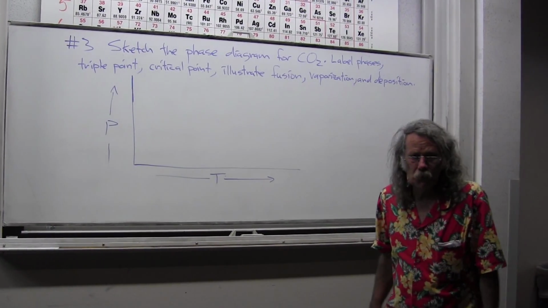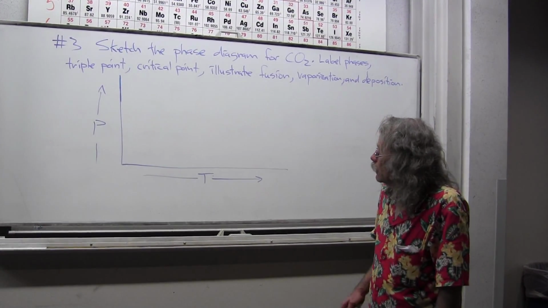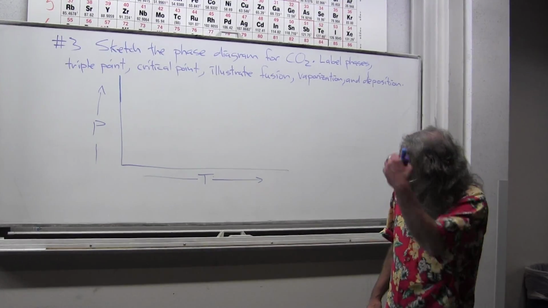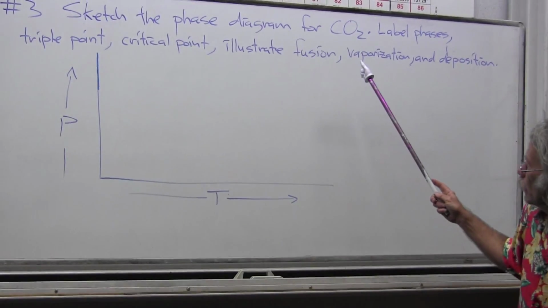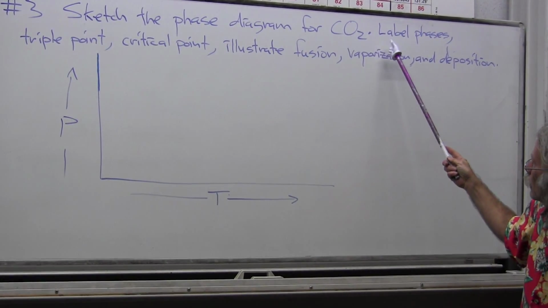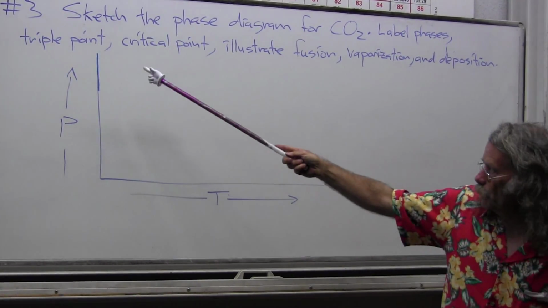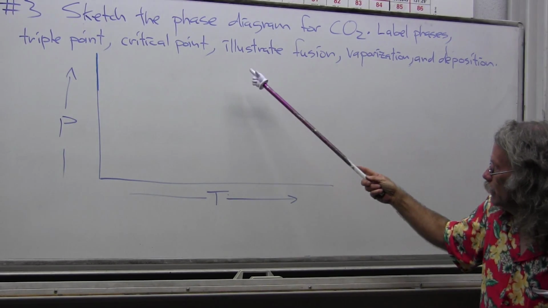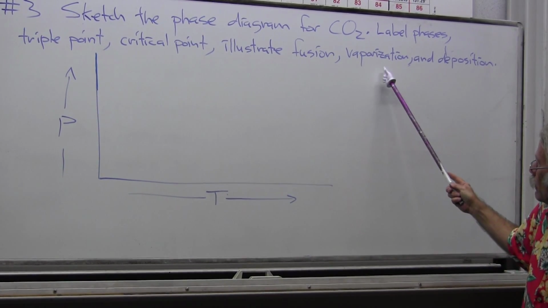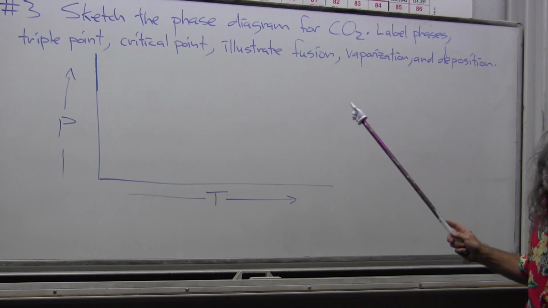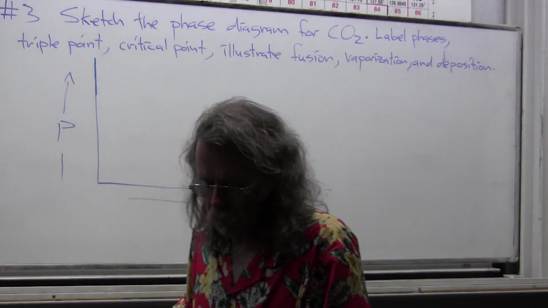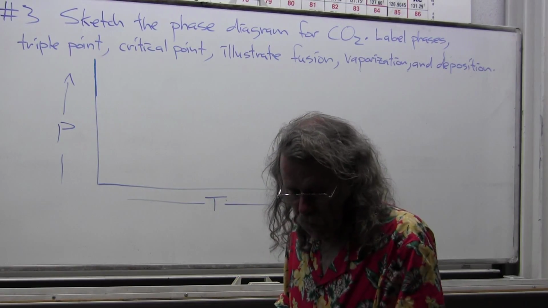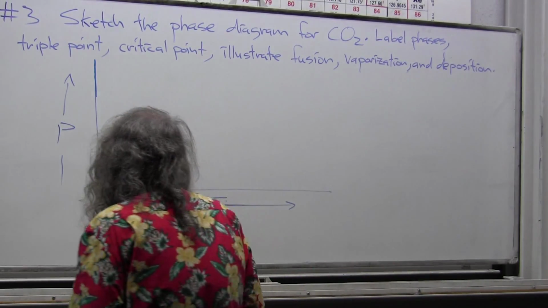This is problem number 3 on the practice final: sketch the phase diagram for carbon dioxide. Label phases, triple point, critical point, illustrate fusion, vaporization, and deposition. And the main salient features that we're going to have to keep track of here is